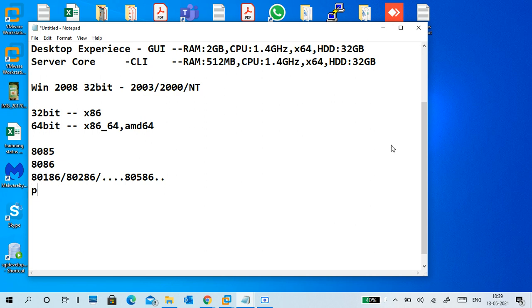After that one, Pentium 1, Pentium 2, Pentium 3. In Pentium 4, there are two variants, Pentium 4 Extreme and Pentium 4. Pentium 4 Extreme led to hyperthreading.